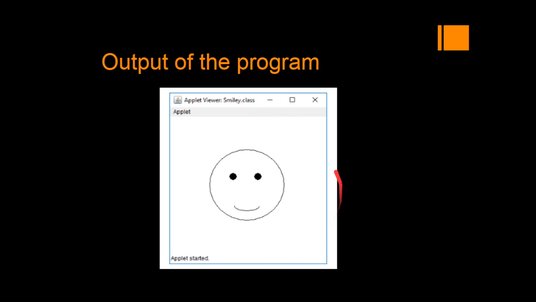And this is how the applet viewer window looks. It will always give the message applet viewer, then the class name smiley.class, and then the applet, and then applet started, because you know that the applet lifecycle has init, start, paint, stop and destroy.